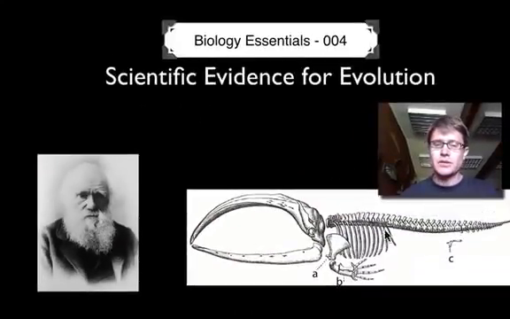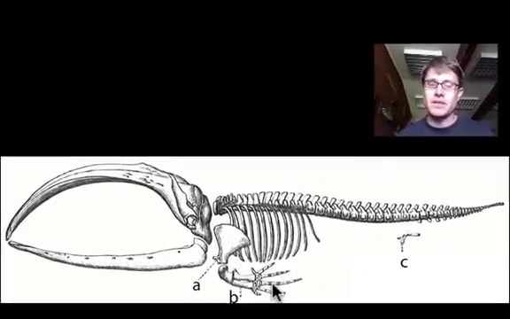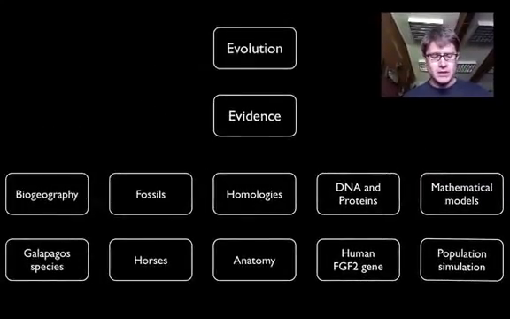Some of the things he could have pointed to were the fossil record. This is a baleen whale. If you look at the fin of a baleen whale, it almost looks exactly like the bone structure in the human arm, which suggests that both I and the whale have a common ancestor that had bone structure similar to that. Or you could look at the rear legs. Why would a whale have rear legs unless at one point it actually walked on land and evolved from something like that? And so today what I'm going to talk about is evidence for